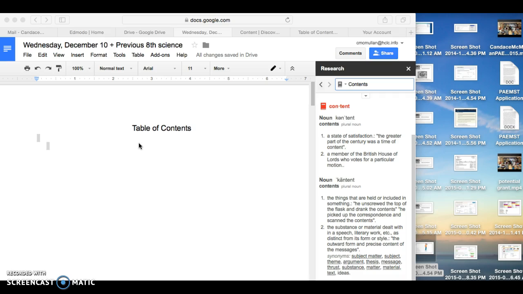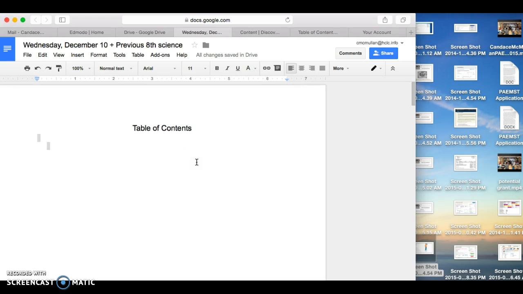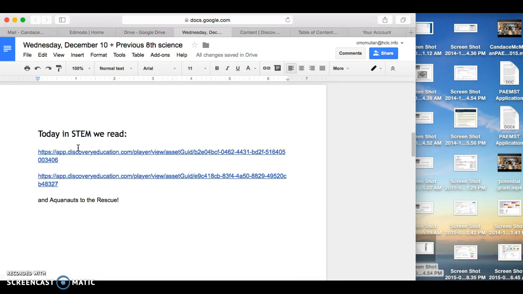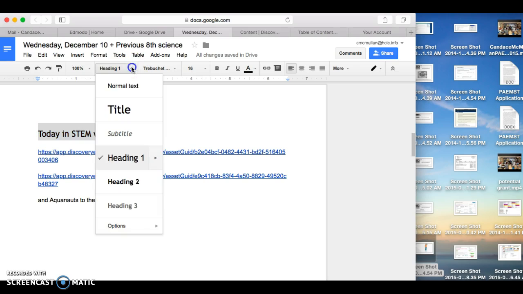but I will be honest with you, they are really not up to speed with MS Word's abilities with table of contents. So there are a few glitches in the system nonetheless. So first and foremost, if you want to use Google's table of contents features, what you need to do is any subheading that you have, any subtopic heading that you have, so question, hypothesis, materials, procedures, if you click on it and you make it a heading,